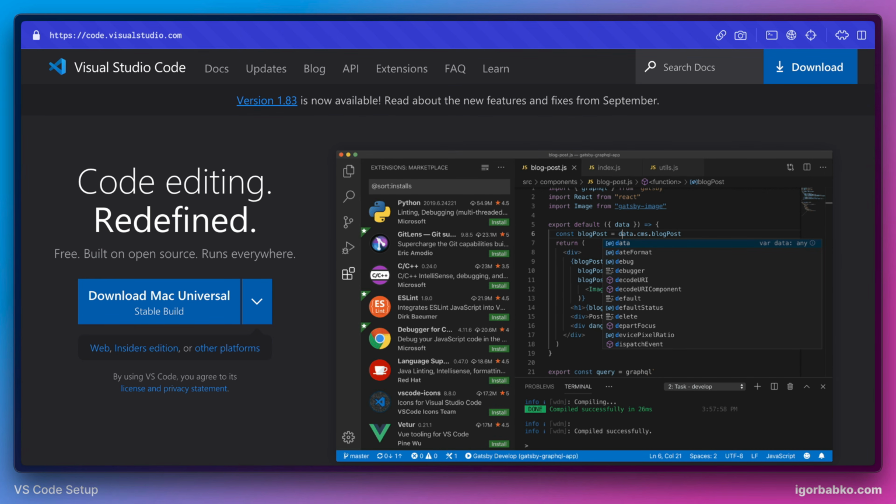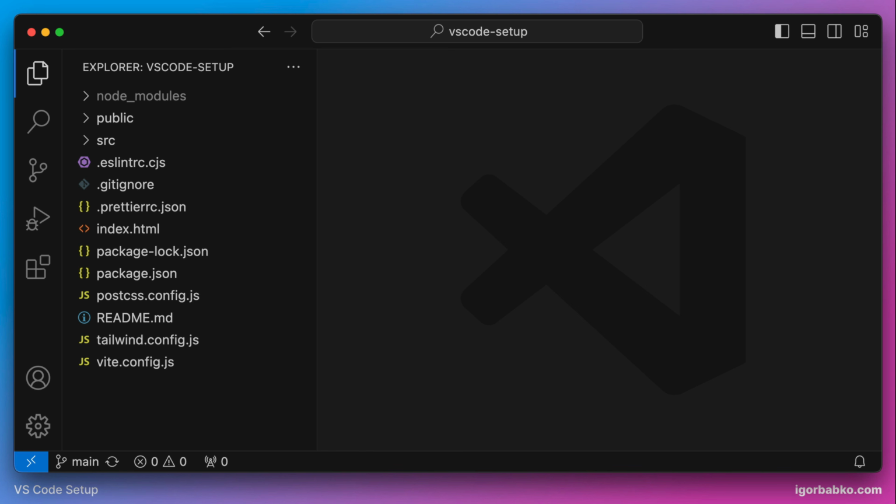This playlist will be about configuring the editor Visual Studio Code the way I usually do it. So we're gonna go through all the settings that I usually use and review them step by step. So here I have a default installation of VS Code with no custom configurations applied, and all custom extensions are also